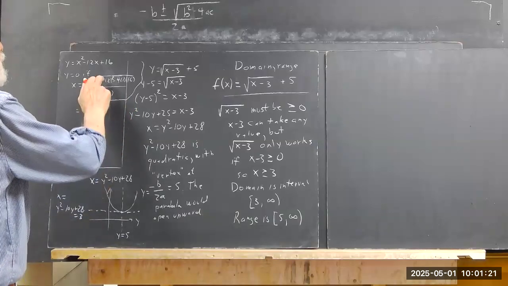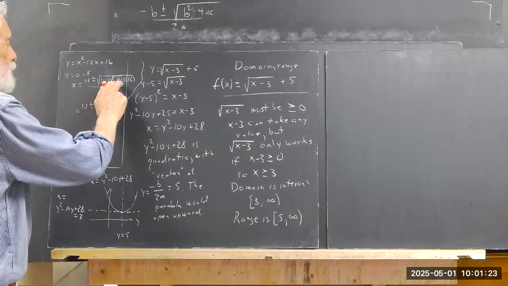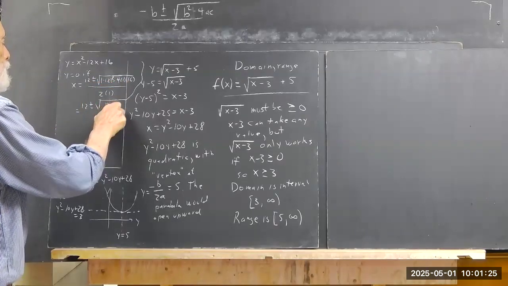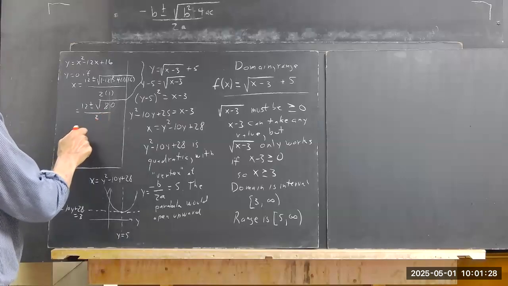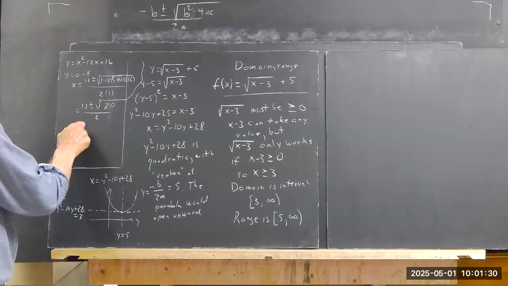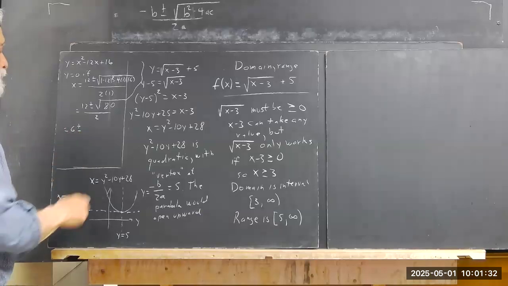Minus the square root of, there's 144, and there's minus 64. That would be 12 plus or minus the square root of 80 over 2, which is 6 plus or minus the square